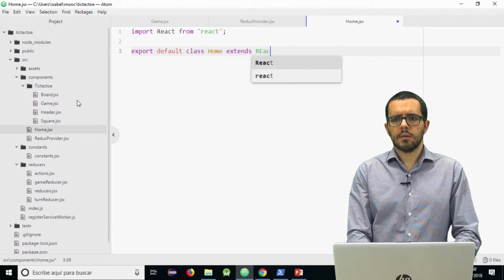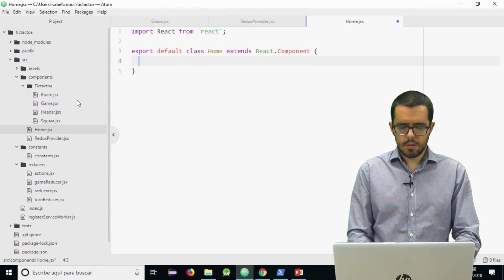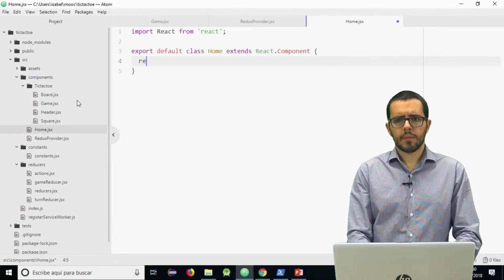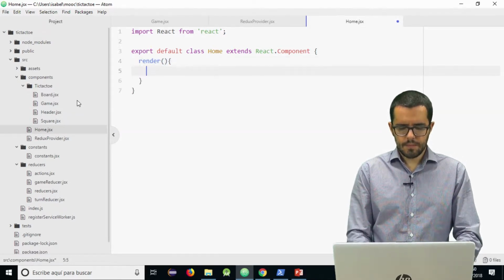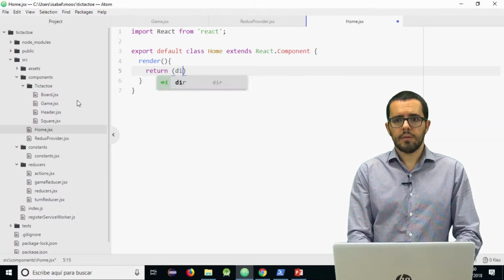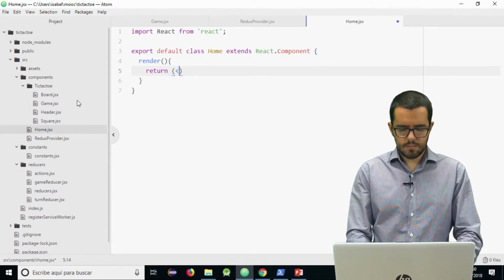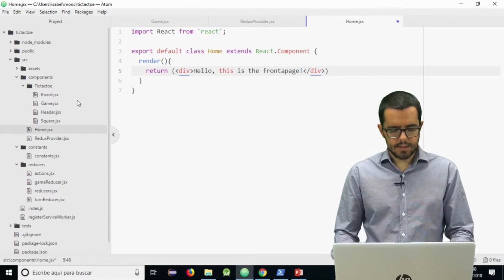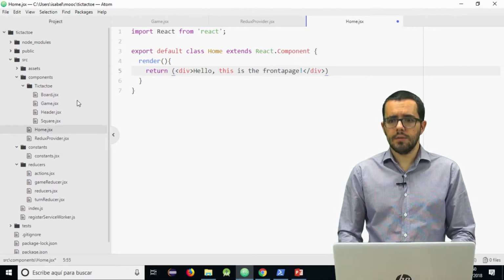It extends React.Component, and this is just a function render that returns just a div that says, hello, this is the front page. We will add some style. This is just for the moment a div.